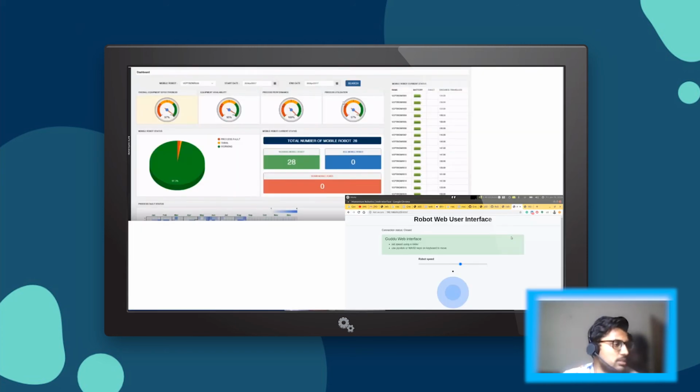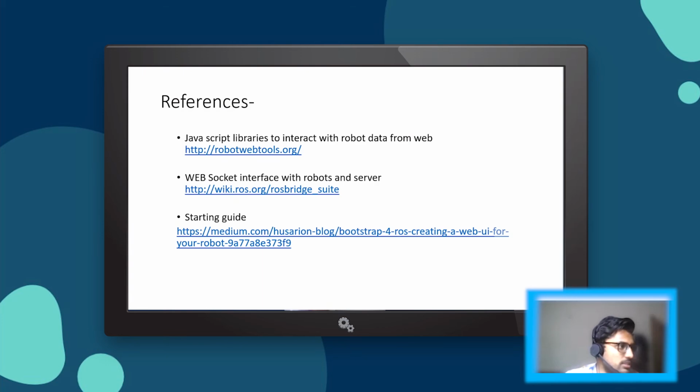These are some other inspirations to take from. In the first dashboard there are various gauges which might represent battery power, robot power, or tasks completed, non-completed or underway. On the left-hand side you can see a joystick planned for a robot speed setting mechanism. All these things you need to incorporate intelligently in your web dashboard. That's the statement. For reference, you will be getting this script or PDF